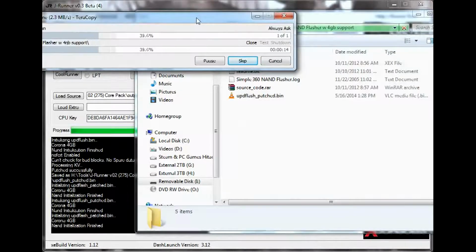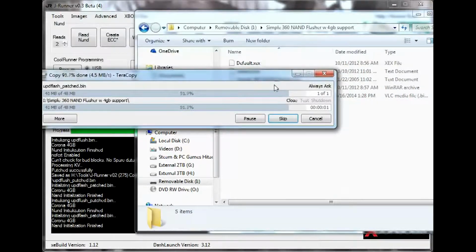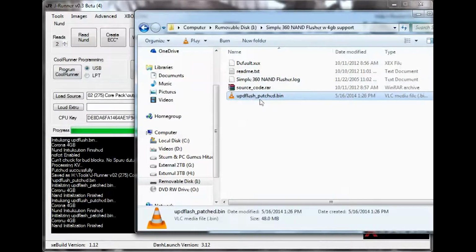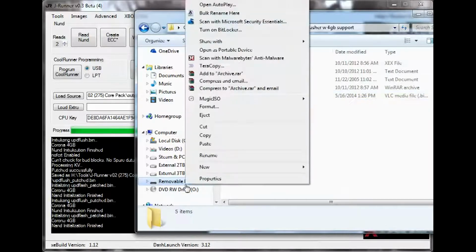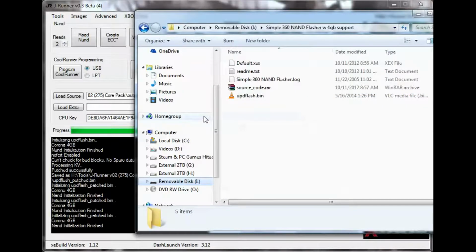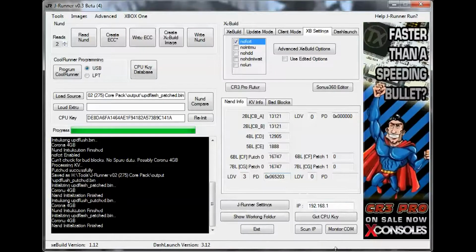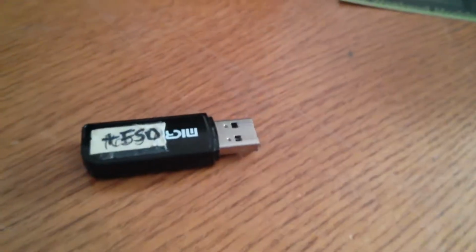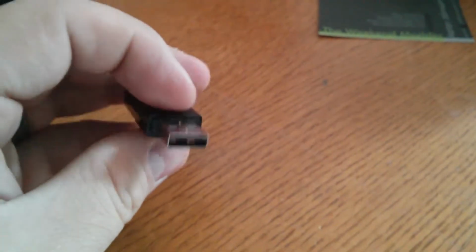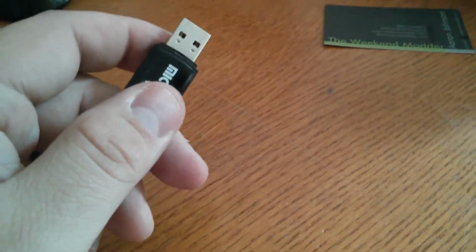So it's transferring over. And the way that simple NAND flasher works is it requires that it be named updflash.bin, otherwise it won't flash it. So I'm going to remove the underscore patched. So now I've just got a updflash.bin. Finally, I'm going to eject my thumb drive. So there we go, ejected. Now I'm going to stop this and pick up back on the console and show you how to make it right. All right, so here's that thumb drive that we just wrote the updflash.bin inside of the simple NAND flasher